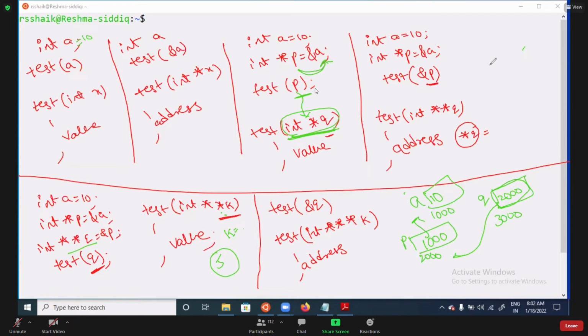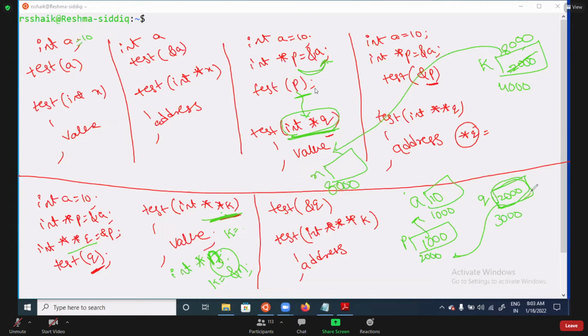For k, memory is created, with address 4000. It is also pointing to 2000. Now here I wrote int *n. N is a pointer I am taking. Then k equal to address of n. Why? Because k is a double pointer, that's why I'm storing k equal to address of n. Say n's address is 8000. So now k equal to address of n means 8000. That means k is pointing to this memory.